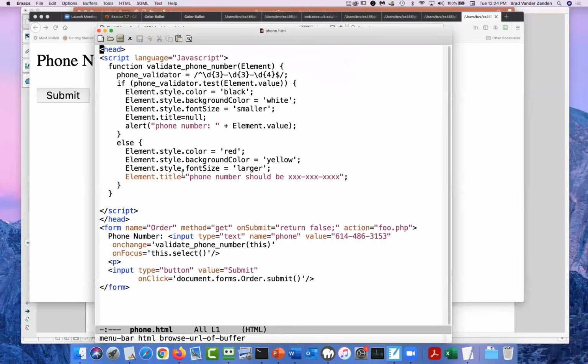So the way I did it was, initially, I did it in this way. I actually created a regular expression and I tested the value to see if it was true or false. If it met the test, you can see I changed the color, background color, and font size. Otherwise, if it was an error, I changed the color to red, the background color to yellow, the font size to larger. I also set this title attribute,